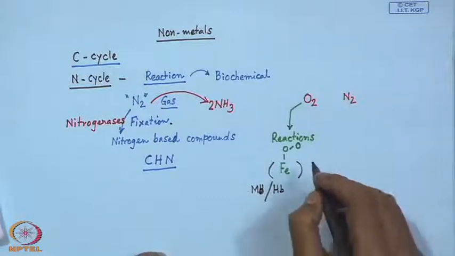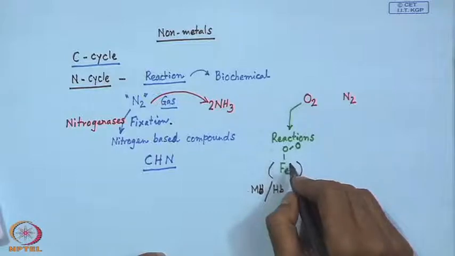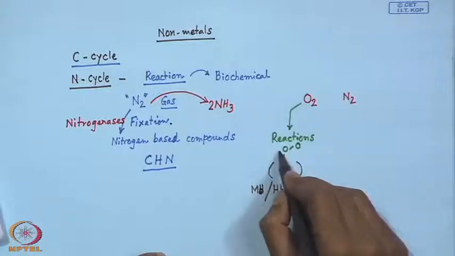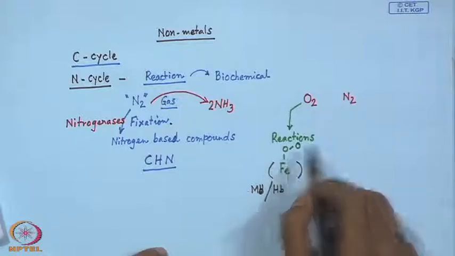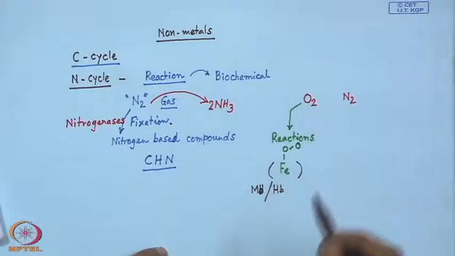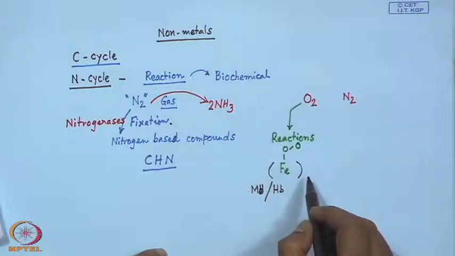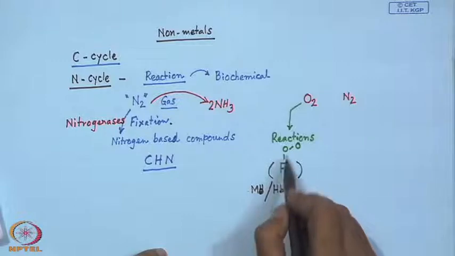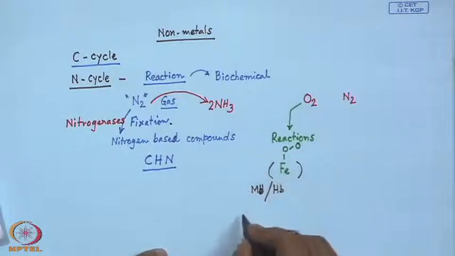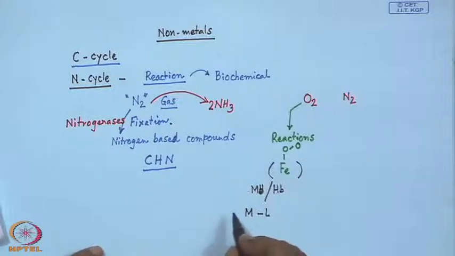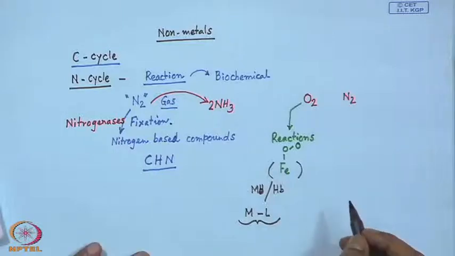So, this dioxygen is interacting with this particular iron center, and we can go for the iron oxygen bond, and the oxygen oxygen bond cleavage is also possible, and we can go for the corresponding oxidizing equivalent, which can be transferred to some other substrate or the food material, like the burning of the carbohydrate molecule or the glucose molecule. That means, the interaction of this iron with this O2 molecule is important, where the metal is your iron and our ligand is the dioxygen molecule. So, this is in very typical form the corresponding interaction of the metal with that of our ligand.